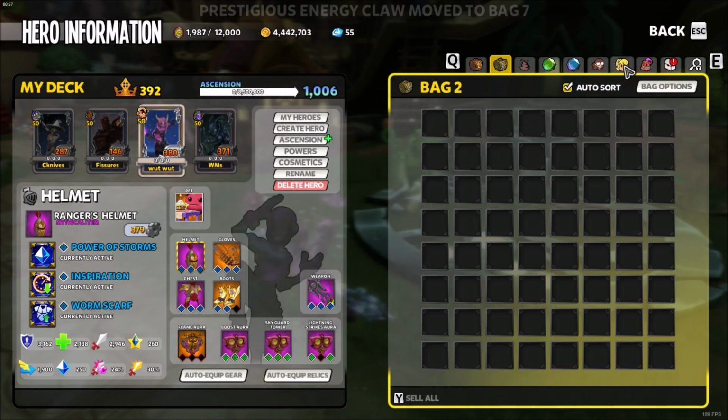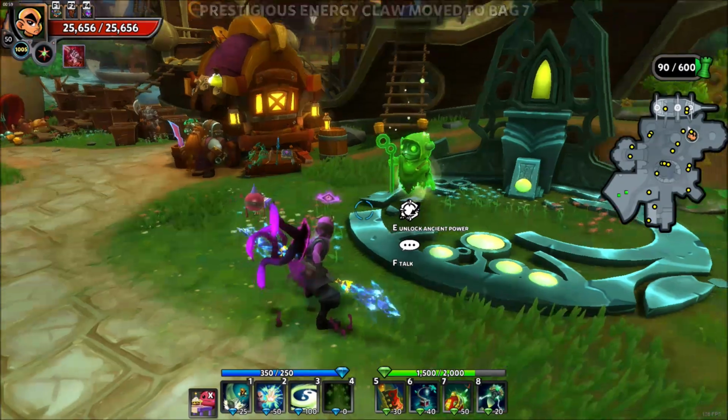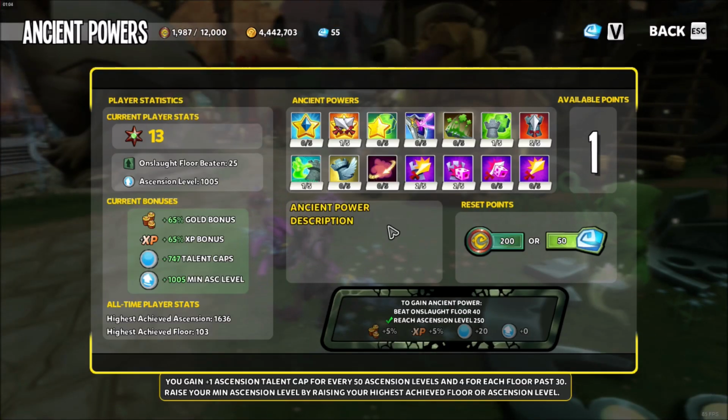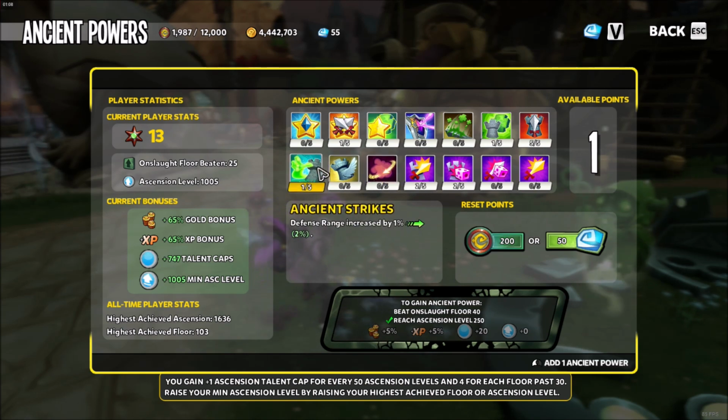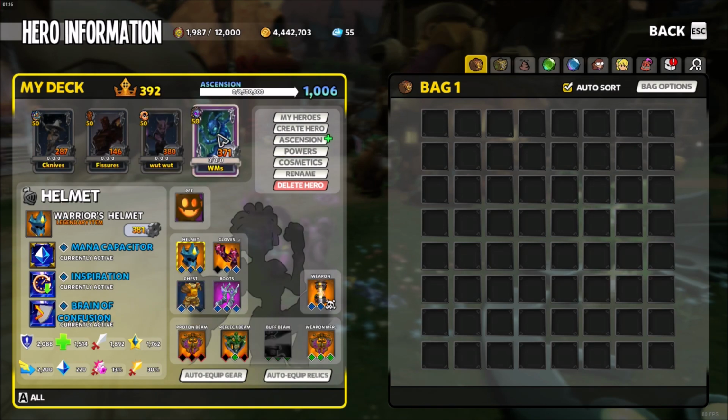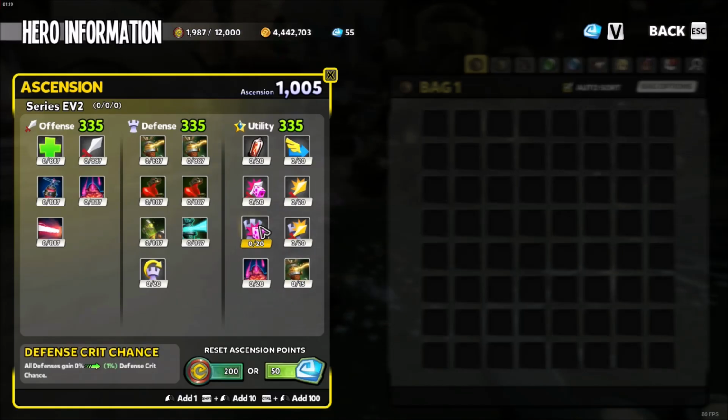So yeah, I recorded the beginning of one of my resets here. This is literally what I do in order after I reset. First thing, I assign the new point, which I've already got all the good stuff basically at this point, so it's just 1% more crit or whatever. And then I get the ascension done on my EV2, which is